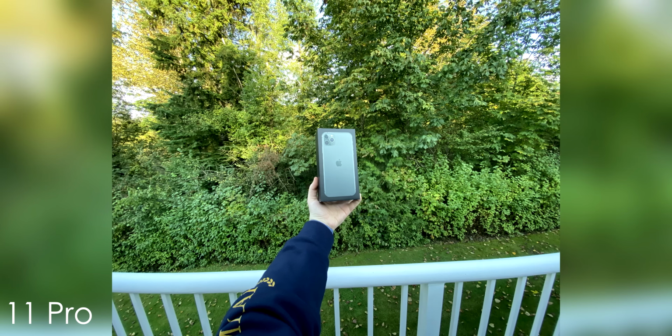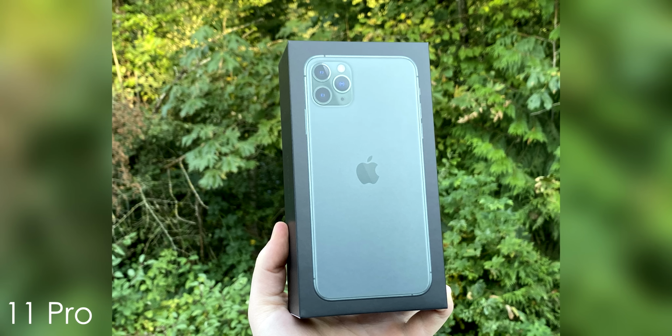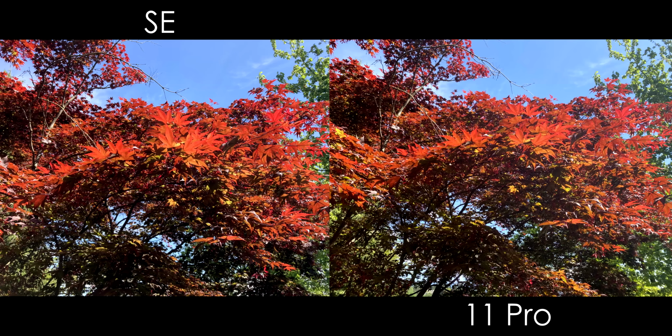Having the range you get with the 11 Pro is awesome, thanks to the 3 lenses, but is it $600 extra awesome? Probably not. While the iPhone SE does have an older camera, because it can take portrait photos, I'd say it's actually good enough. We are missing night mode, which is a really nice feature of both the 11 and 11 Pro, but in good lighting conditions, the SE will do the job. Photos are mostly quite nice, and for the average user, this is going to be perfectly fine for now and